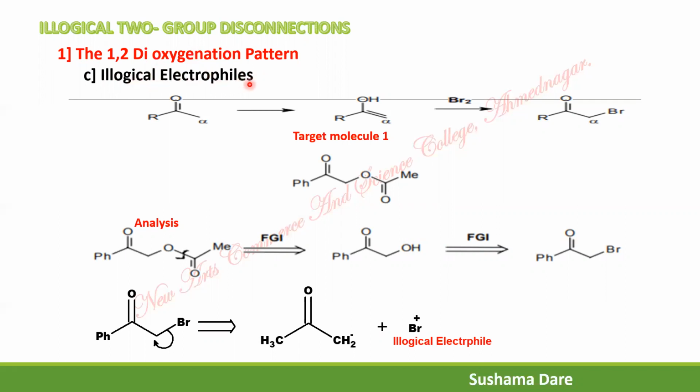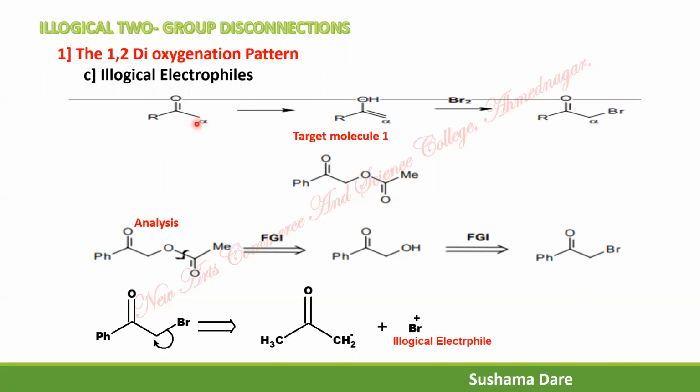So what are illogical electrophiles? You know, electrophiles are electron acceptors or have a positive charge. But some electrophiles, we always write with a minus sign. Let us consider Cl minus. We never write Cl plus. Most of the time we write it as Cl minus. But when we reverse the polarity of that electrophile, that is Cl plus, then it becomes an illogical electrophile. So when can we use that type of situation? Look at this ketone.